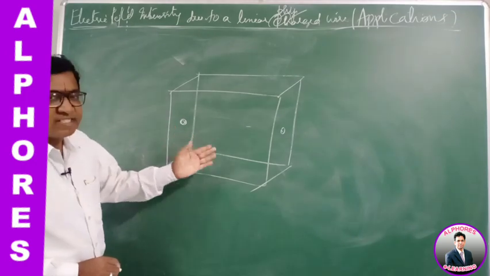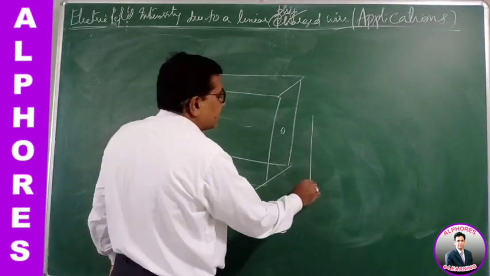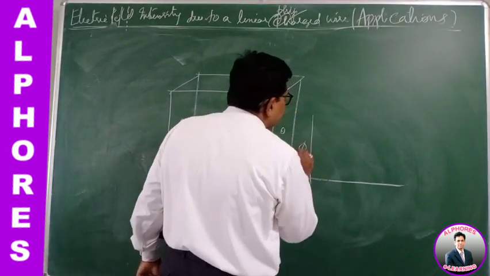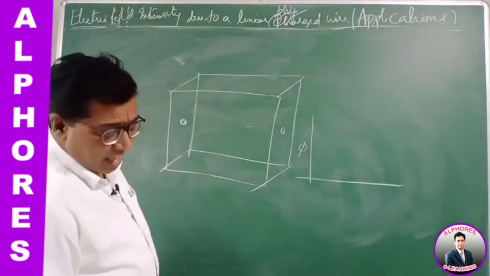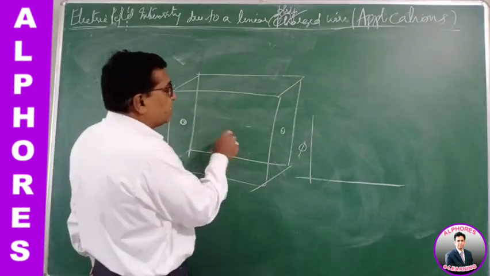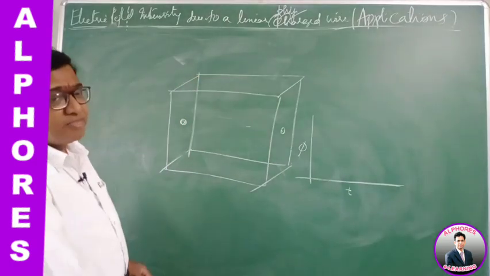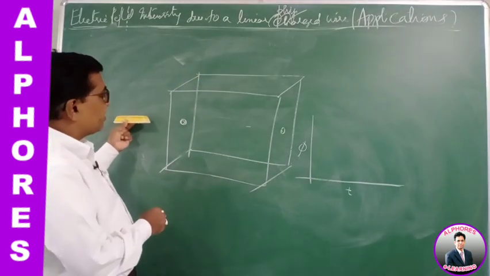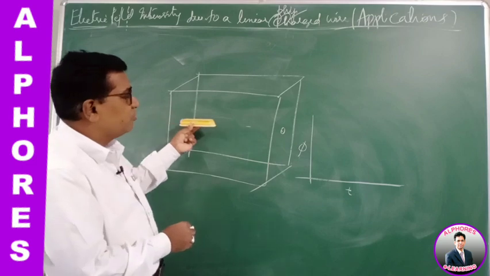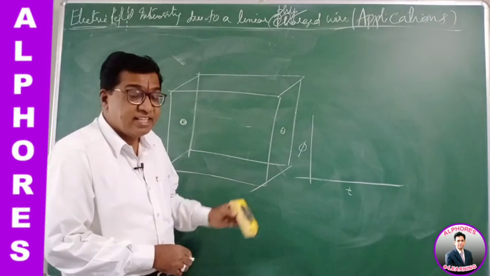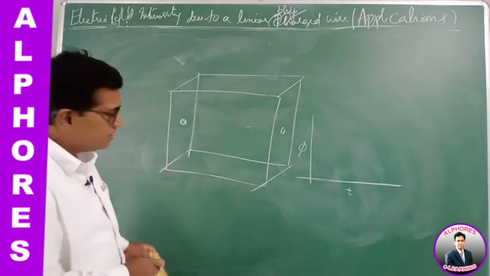As the position changes, how does the flux vary? The variation of flux with respect to time, as I move it through with constant velocity, right? If I am moving this conductor with constant velocity through this cube, then how does the flux vary? This was the question asked in an earlier examination.